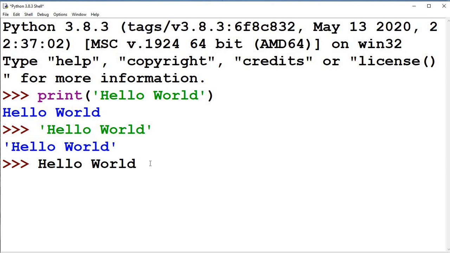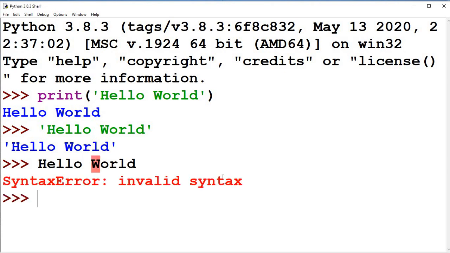Let me enter and see what it says. Oh, it says invalid syntax. That means the computer does not understand these alphabetic things. Any alphabetic thing you have to write inside two quotes. This is called a string.